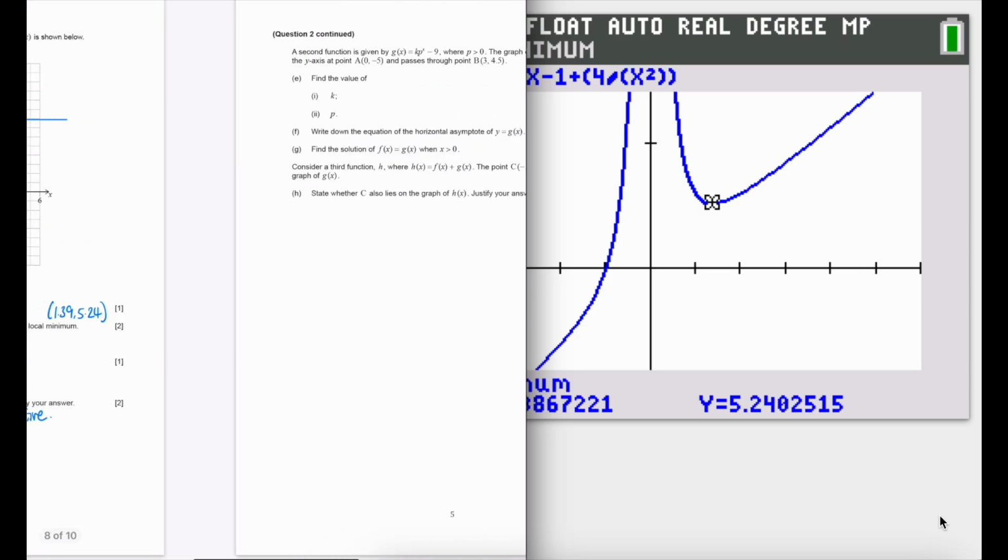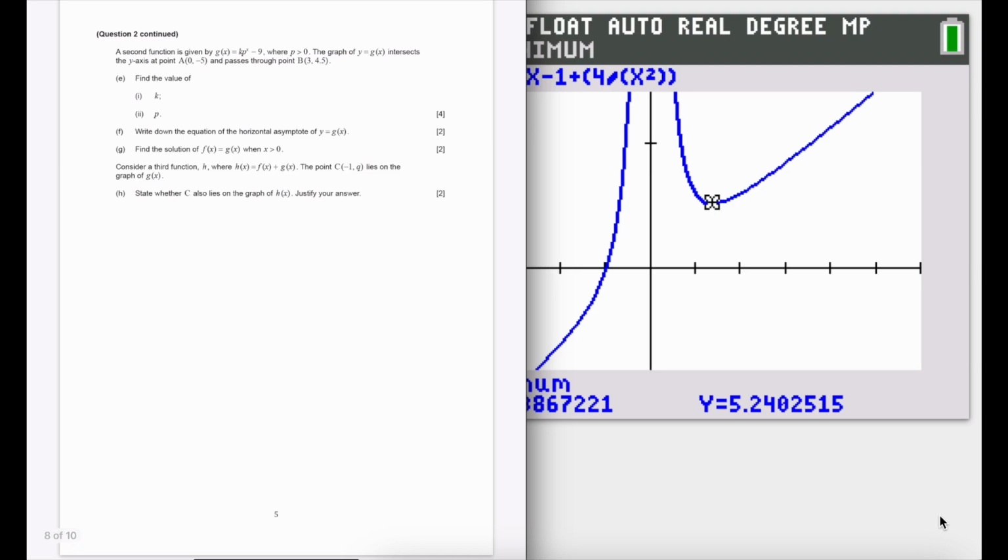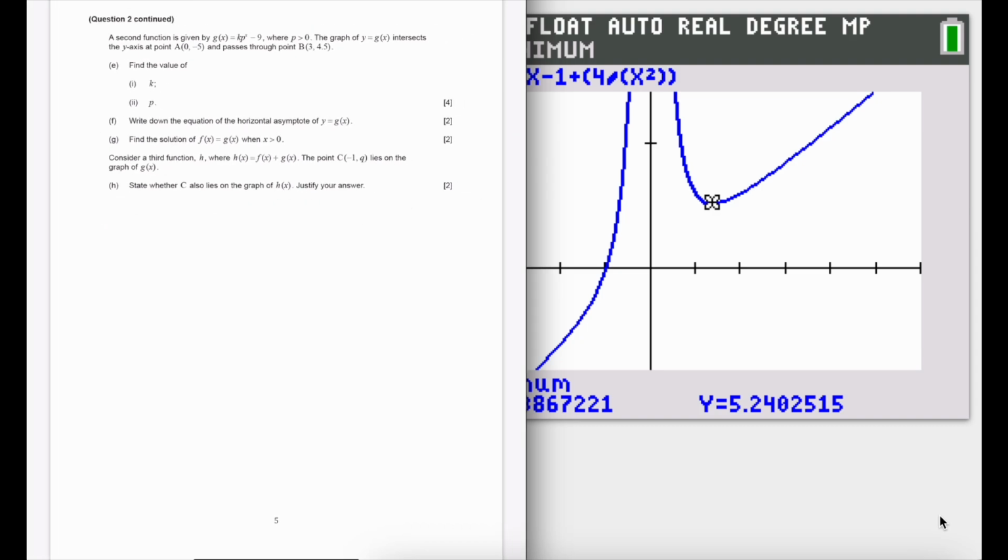So moving on to the next part of the question, it now becomes more of a modelling question where we have this exponential model that we're going to be using. So we're told that we have g(x) = k·p^(x) − 9, and it goes through 2 points, A, which is (0, −5), and B, which is (3, 4.5). And we're trying to find k and p,